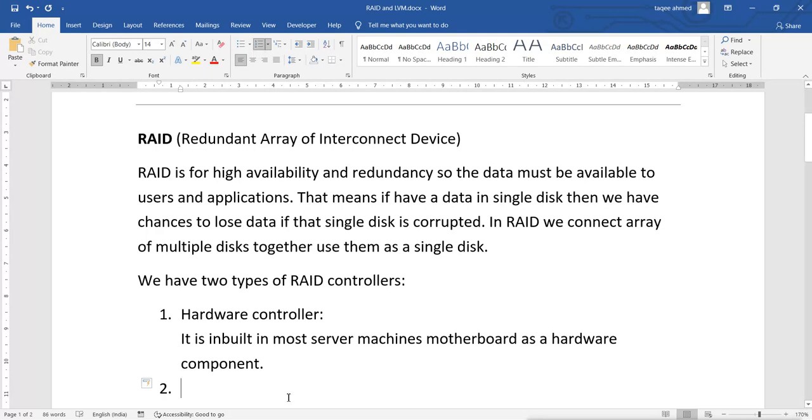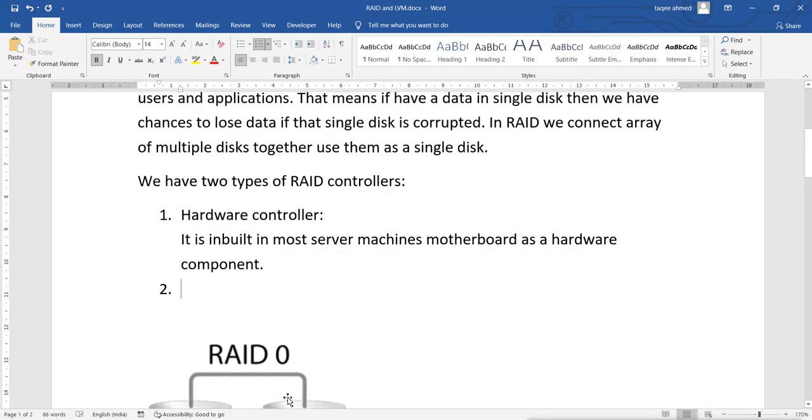Now the other controller is what? This is the software controller. We say it is a software controller.